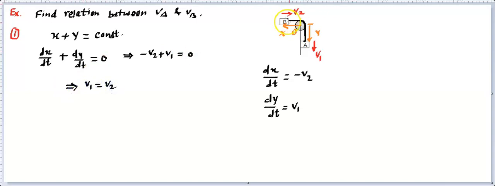Or we can simply say that all the points of the string have the same velocity in magnitude, so they are equal. From there we can also say, but we are trying to develop some method, so this is one of the methods to find it out. Now another method could be the one that we just talked about, and that is saying that the summation of T dot v must be equal to 0.